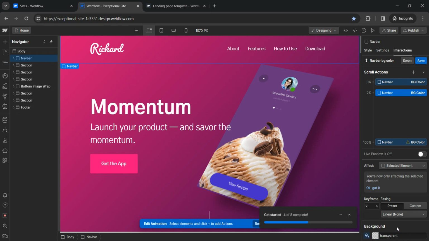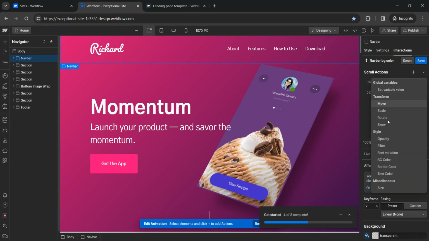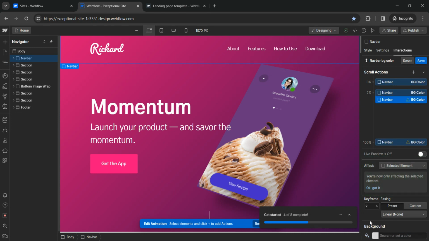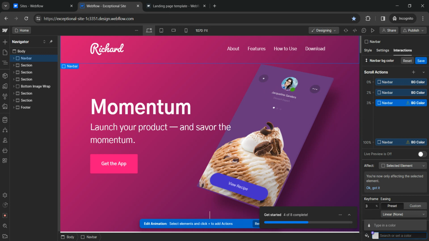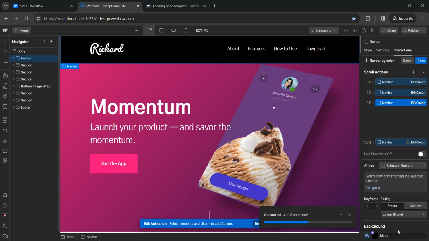And I want that from 3% of the page on scroll, it will add a new background color to my navbar. So after 2%, at 3%, it will change the background color to something different. I will just choose black. You can take any color you want depending on your color palette of the website, and it will appear till the end of the page. So at 100%,